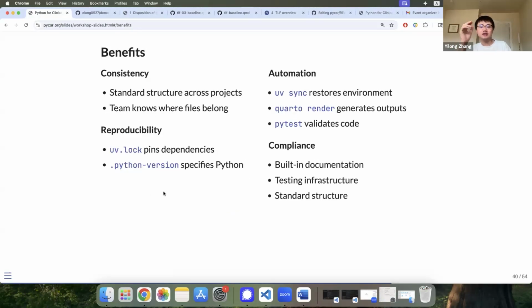And the benefit is that if you think about multiple clinical development projects, all in the same project folder, it will reduce a lot of communication cost and the learning, and become easier to learn for people already on board. Right? And that consistency will help the organization lower the bar to maintain the efforts. And also for reproducibility, UV becomes important to maintain the environment. And if you need to do validation of your environment, right, that's also a critical step. Here, we haven't touched that part.